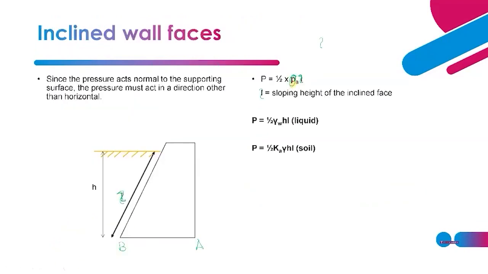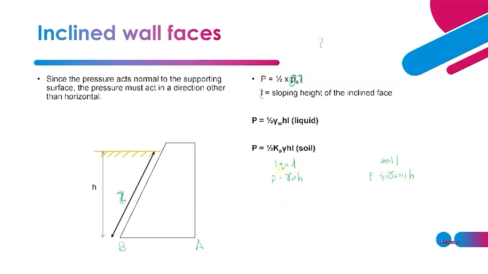In the inclined wall faces, so P2 adalah that small p. Okay, small p sama dengan, let's say it retain water. Kalau retain water, unit weight of water darab dengan H. This is for liquid. And if it retain soil, small p dia adalah,